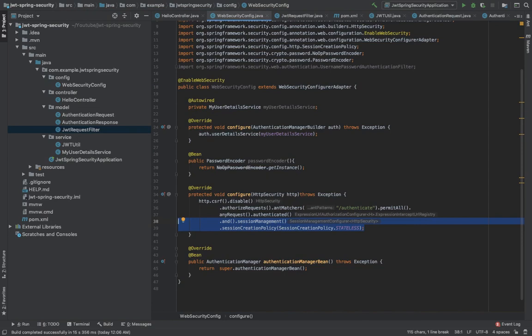Since we don't want sessions here, we will set the session policy as stateless. Basically, it will tell Spring Security that we don't want to create any session, since we want each and every request to get authenticated each and every single time.